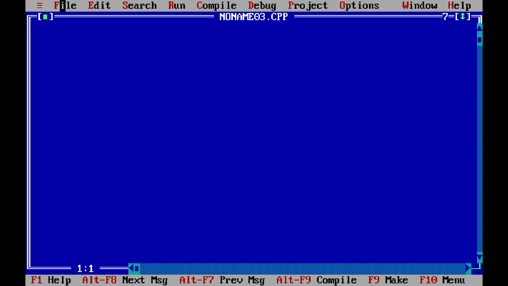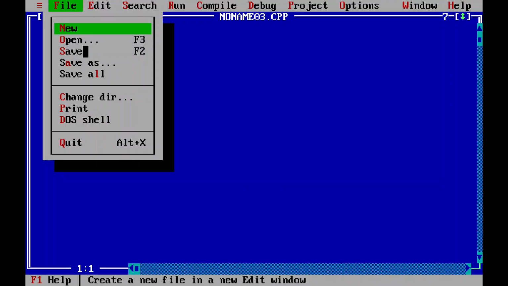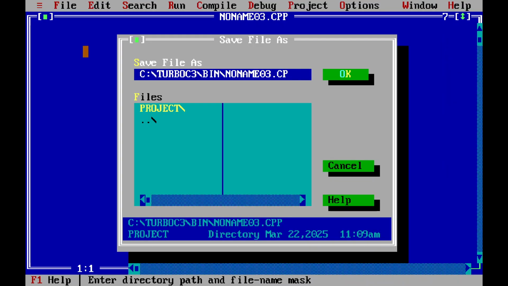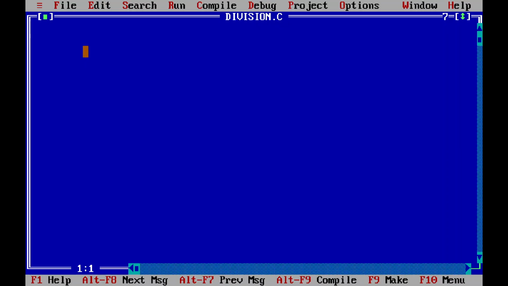Today, our agenda is to write a program on division of two numbers. So, as usual, we are writing the name of the program like division.c. We have written it likewise, and as our usual practice, we note the lab number. So, this is lab number 5, and inside that, we are dividing